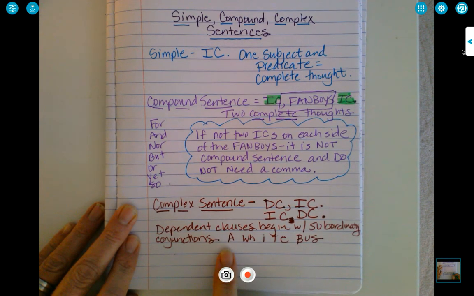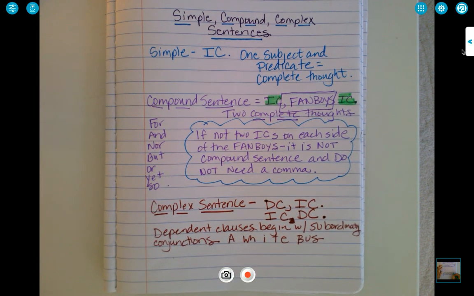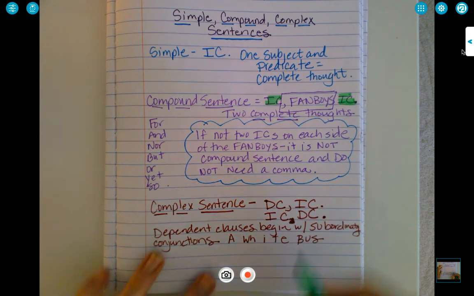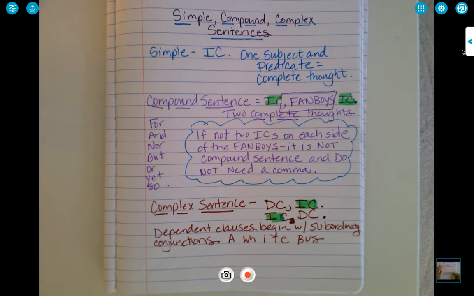After, as, when, while, whether, if, that, even though, even if, because, before, until, unless, and since. Those are some of the most common ones. So that is a complex sentence. So that is a DC, comma, IC,